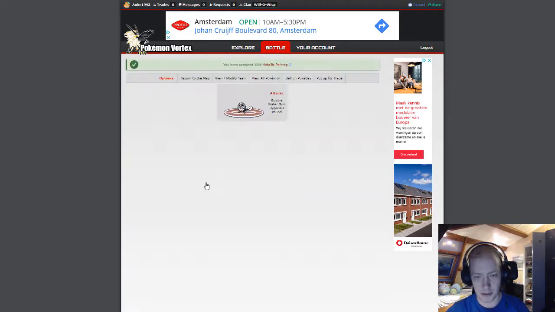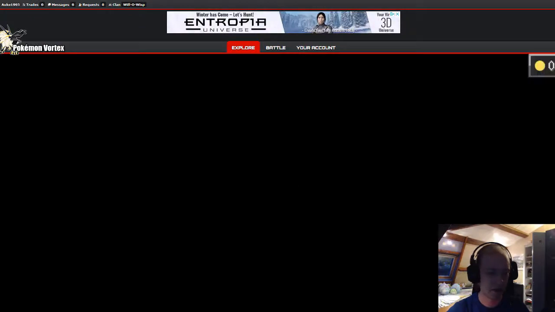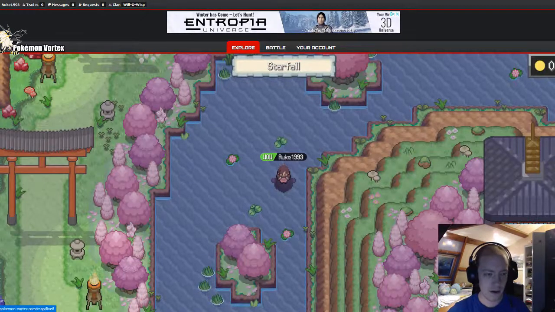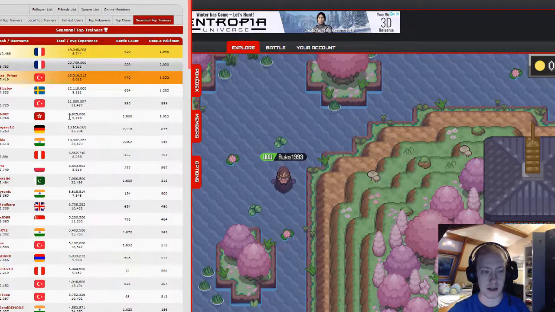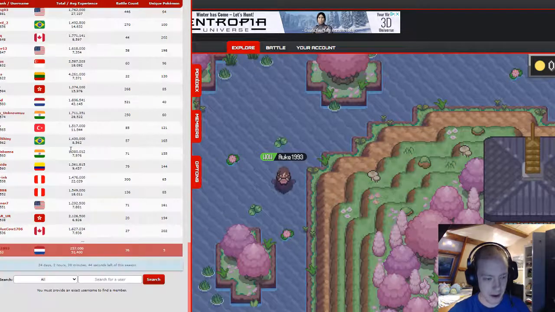Yeah, Pokeball to catch the Poliwag. Return to the map. That confirms the capture for sure. I'm gonna go to members... seasonal top trainers. That's the standard way to get there. 395th, I caught 3 Pokemon in